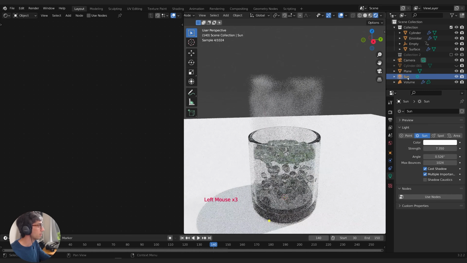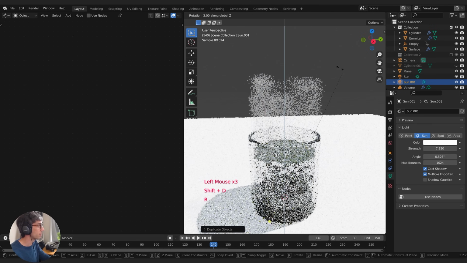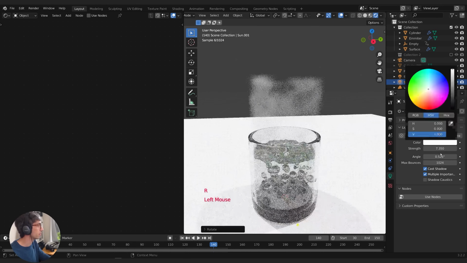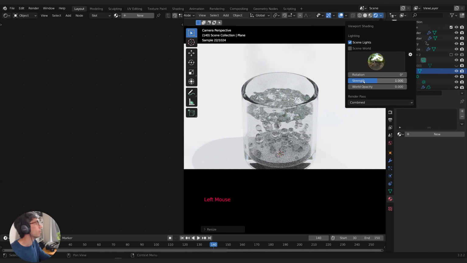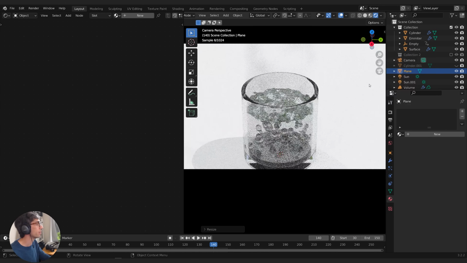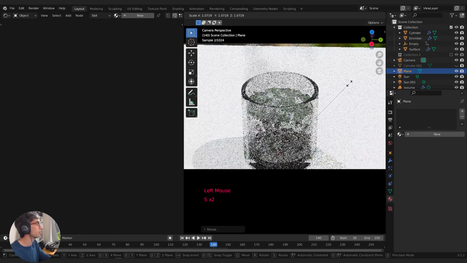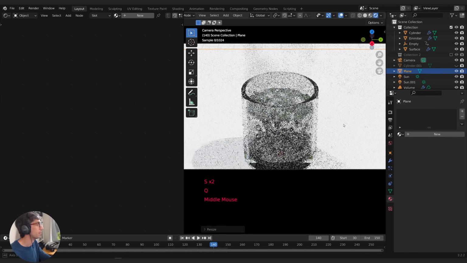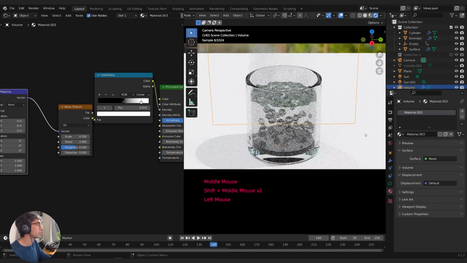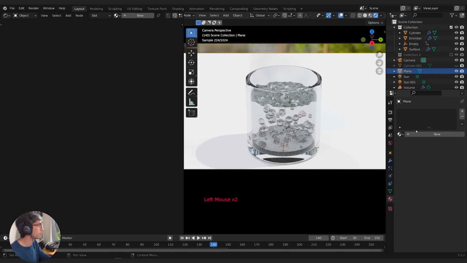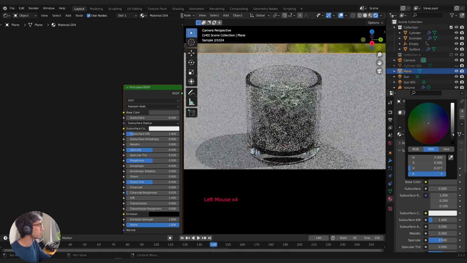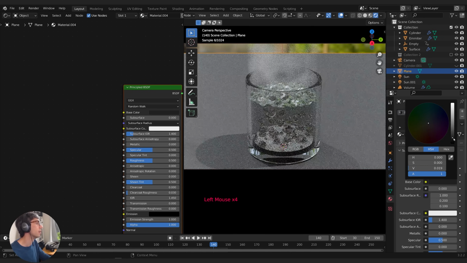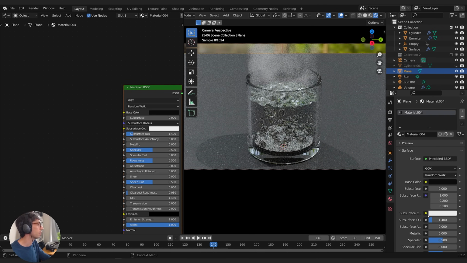And then maybe Shift D to duplicate, rotate this one, bring it around and turn this one down. I'm also going to take my world opacity and turn it up so that I can actually see it if I get an angle. Now I'm going to darken my surface a little bit. It's a bit too bright, so I'll select the plane here that's on the ground, click New, and I'm just going to turn it down. Might darken it all the way even.